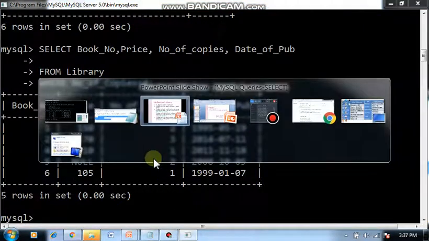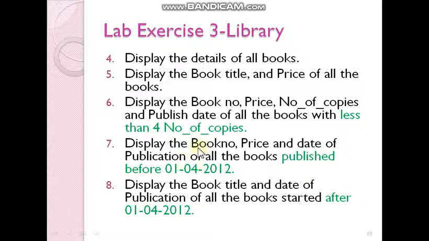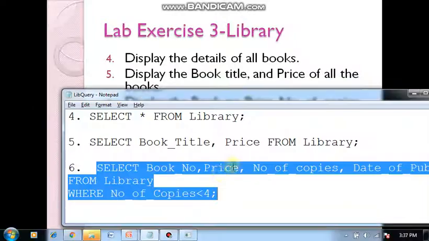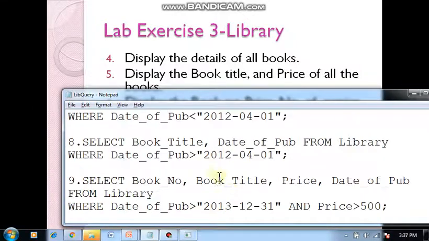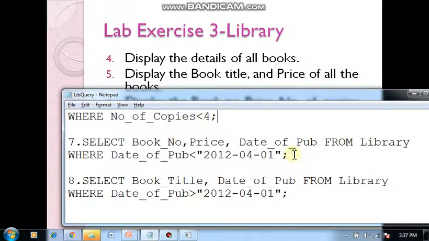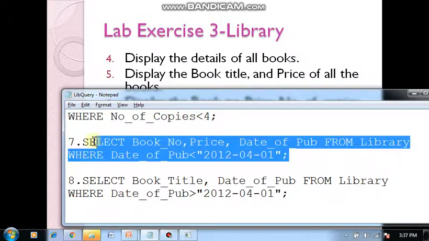Now let's move on to the next, that is the 7th one. Display these fields of books published before this given date. Let's see the answer for that. Look at the 7th one. Select these fields from library where date of publish less than.